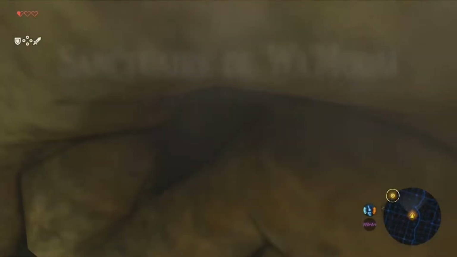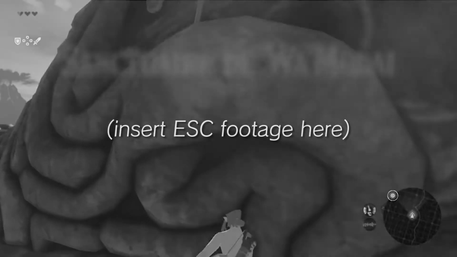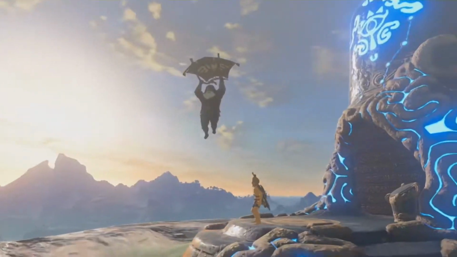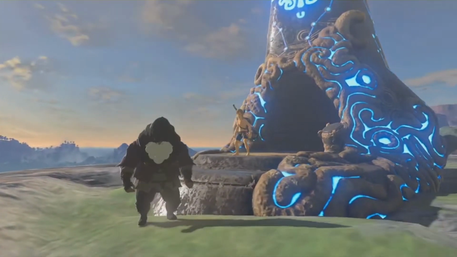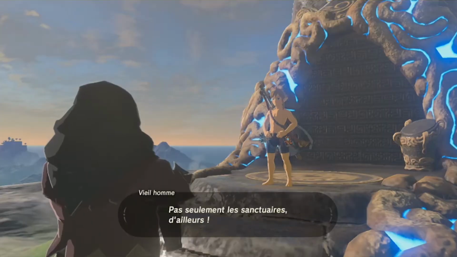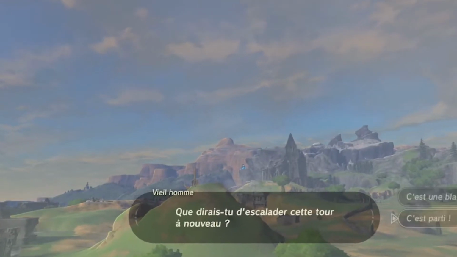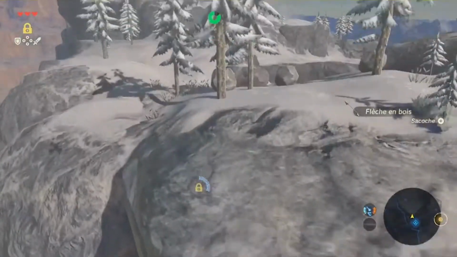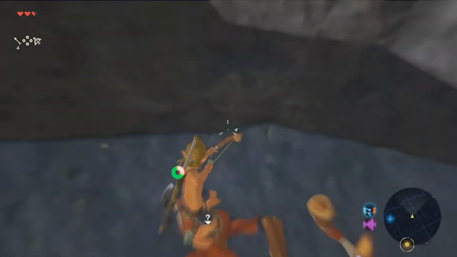We then perform a shield clip, or ESC if you are fancy, in order to enter the shrine, after which we obtain the Stasis Rune and then complete the shrine. Once we are out, we have our first bit of dialogue with the old man. Funnily enough, he's gonna be talking to you about getting back to the tower, when there is no tower at all. Once that's done, we use a boulder to get up on the ledge, after which we perform a bullet